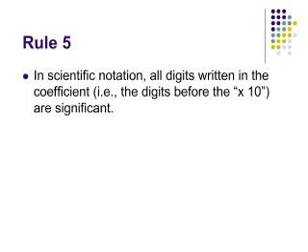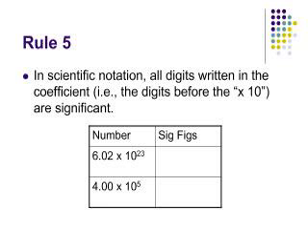Our final rule deals with scientific notation. Actually, this rule is nice and unambiguous. In scientific notation, all the digits in the coefficient part of the number, in other words, everything written before the times 10, are considered to be significant digits. Some examples here. The first example is a number that should be familiar to you. We have three values here. We've got a captive zero, but that's three digits before the x, and so we have three sig figs in